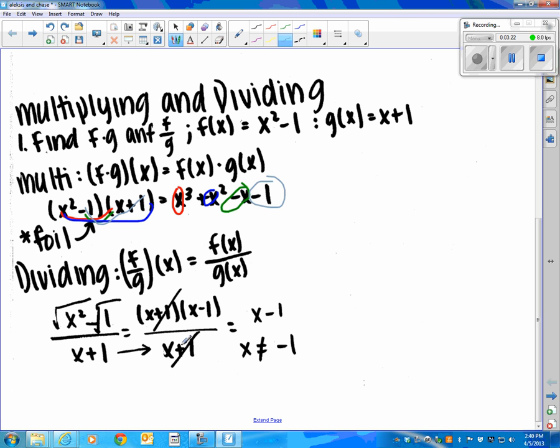When you cancel, you only take ones of like number. They have to be exactly the same, but you can cancel top to bottom regardless. Then you find x minus 1 will be eventually what you'll end up with. So when you want to state the restriction, you're going to do x does not equal negative 1. If the x doesn't equal 1,